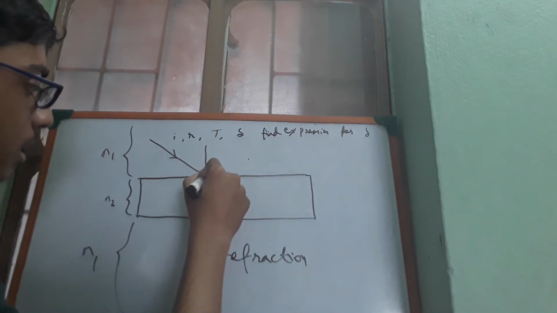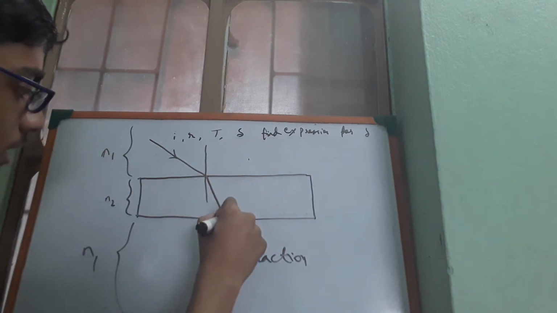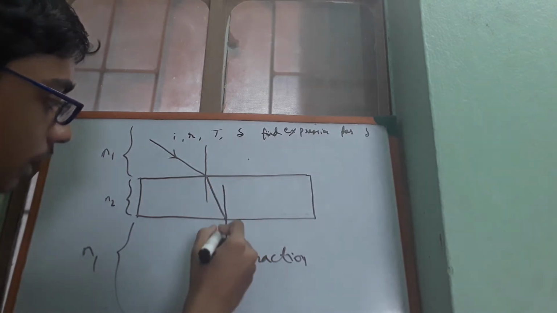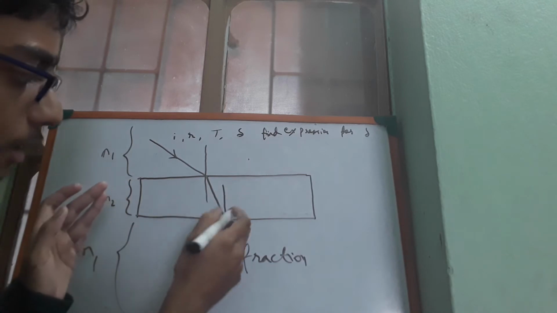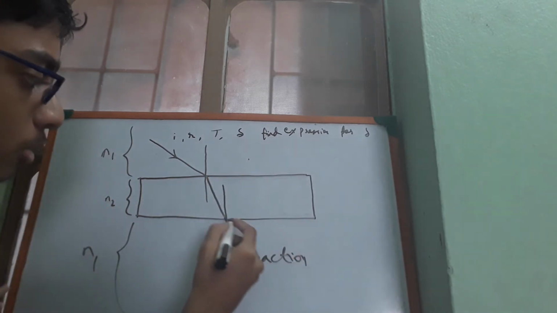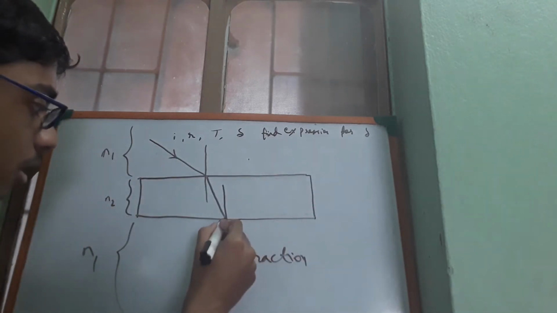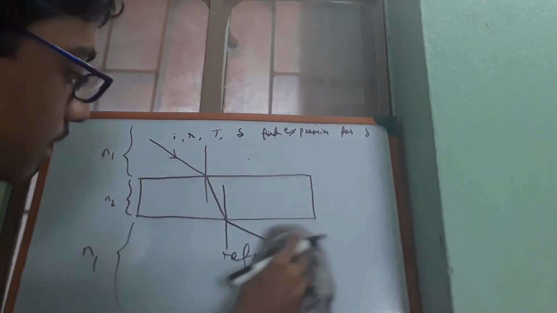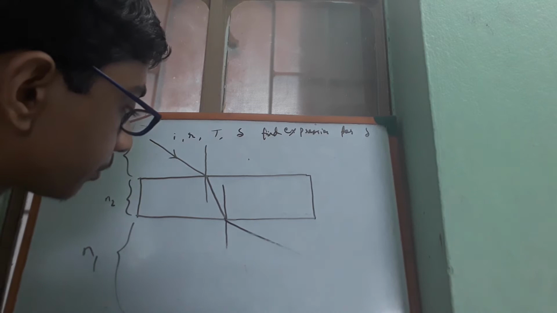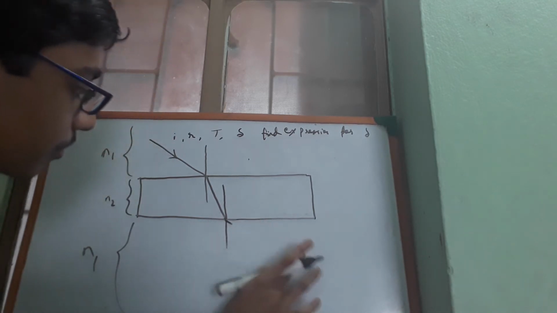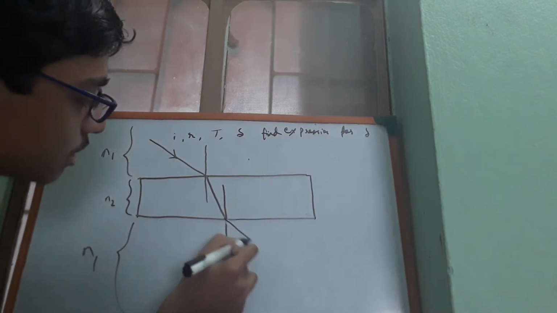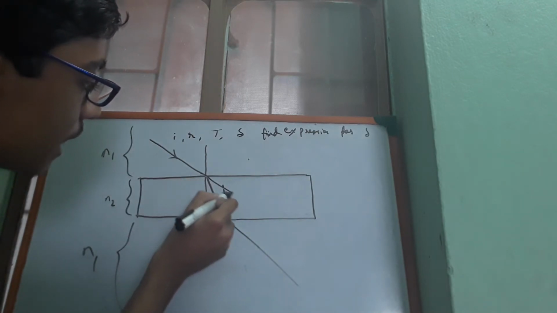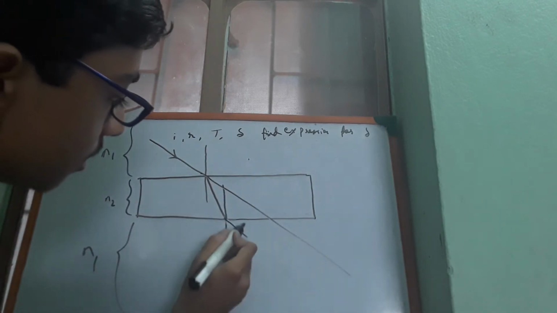Then at this point also, if you draw another normal, light is moving from a denser to a rarer medium, so the speed of the light will increase a bit. So in this case light will bend away from the normal, and these two lines will be parallel. These two angles will be equal, so this line and this line should be parallel. So if you extend this line,